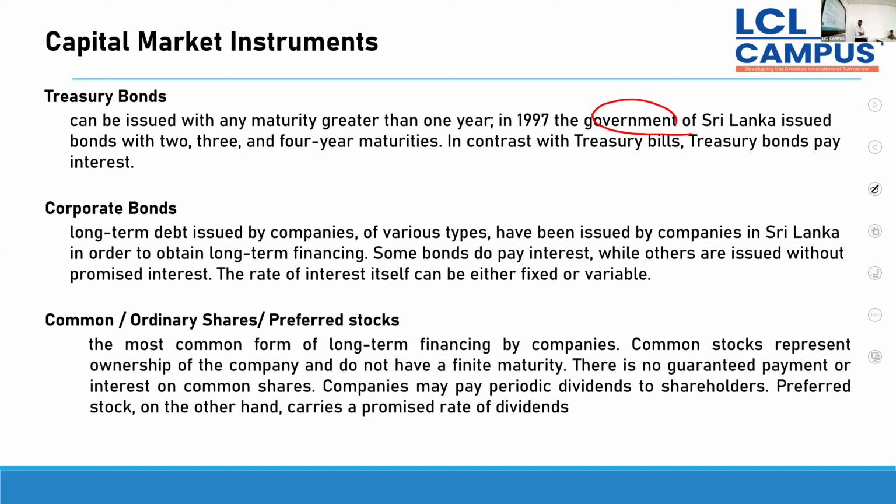Next, corporate bonds are long-term debt issued by companies, businesses or companies of various types. There are so many types of bonds. One is zero coupon, right? Zero rated bonds are there, rated bonds are there. Do you know those things? Zero rated means for such kinds of bonds, you won't get the interest. That's why we call it zero rated bonds, right? Rated bond, yes, which means it will be appreciated.